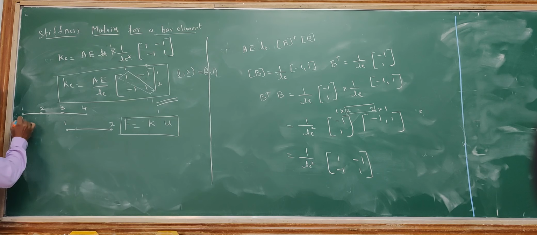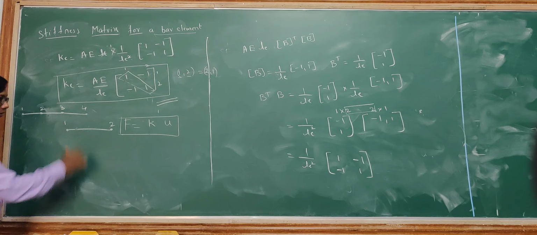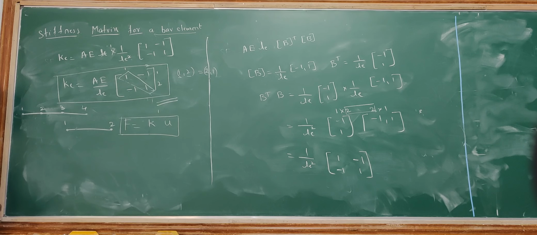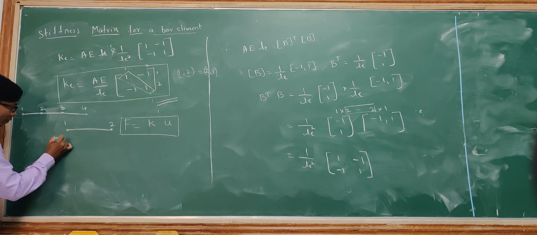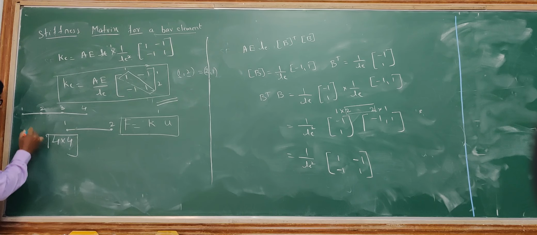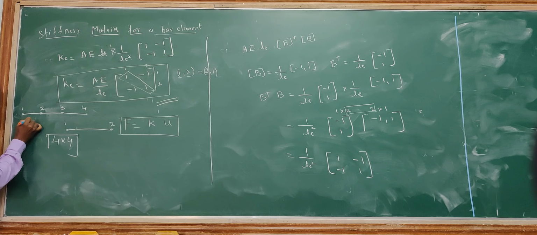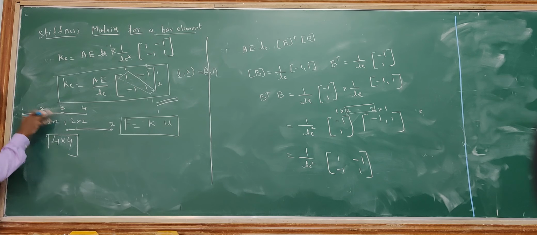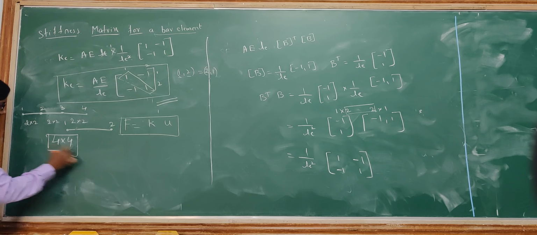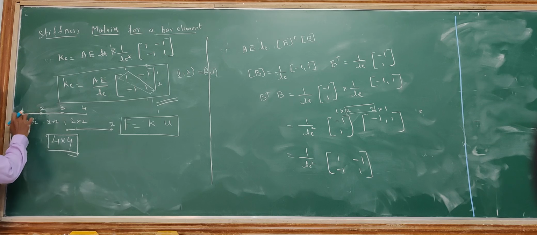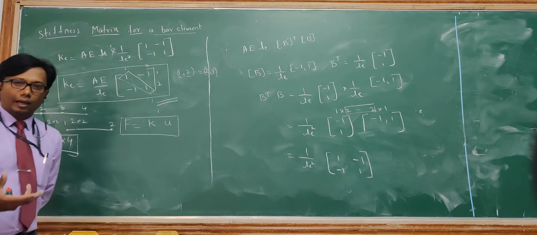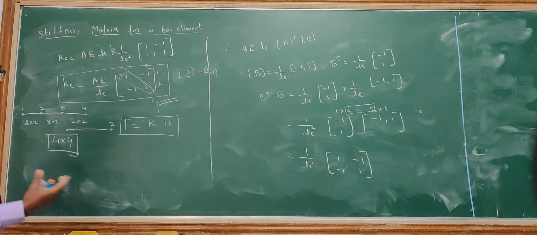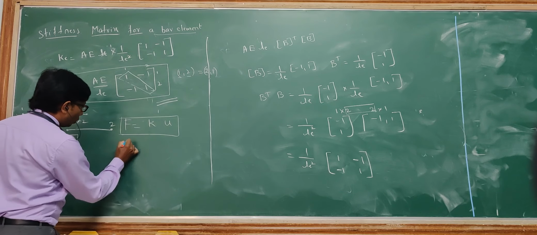So you see how many nodes are there? 1, 2, 3, 4. Each has a single degree of freedom. So the size of the final stiffness matrix will be 4 by 4. Individually, whenever we are calculating, each element has two nodes, so the size will be 2 into 2, 2 into 2, 2 into 2. When you combine all the stiffness matrices, the size will be 4 by 4, which indicates that if a continuum or a body is divided by n number of nodes, the size of the stiffness matrix will be n into n.